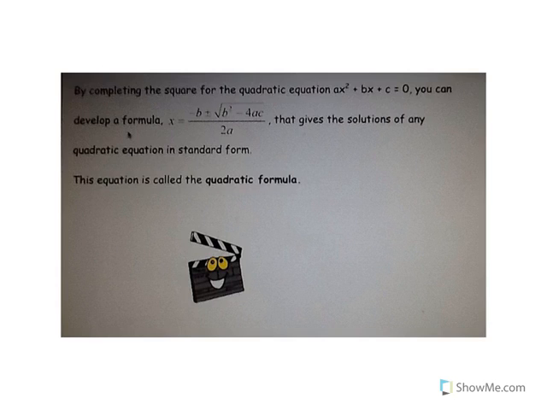Chapter 10, Lesson 6, Solve Quadratic Equations by the Quadratic Formula. So we talked about this in class, and this is a really useful and important formula. It's something you should memorize. It's called the Quadratic Formula, and just to make sure it's really clear, I'm going to walk you through what